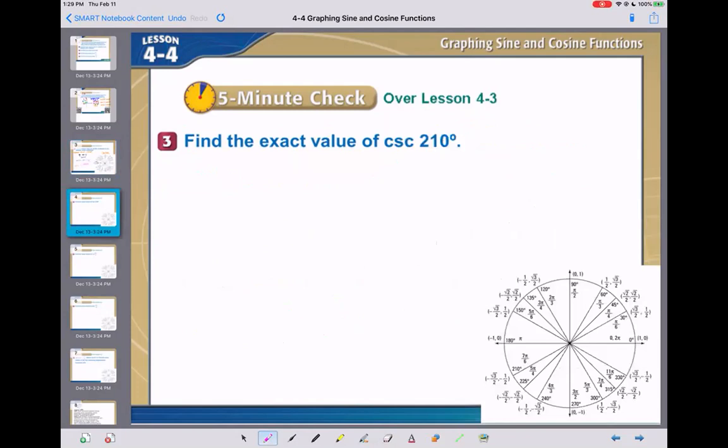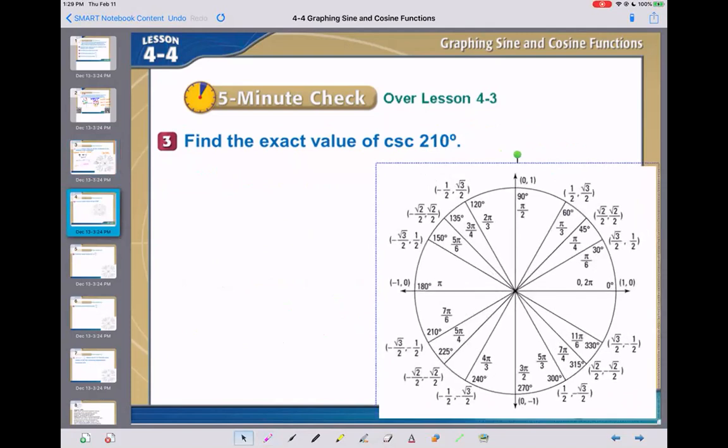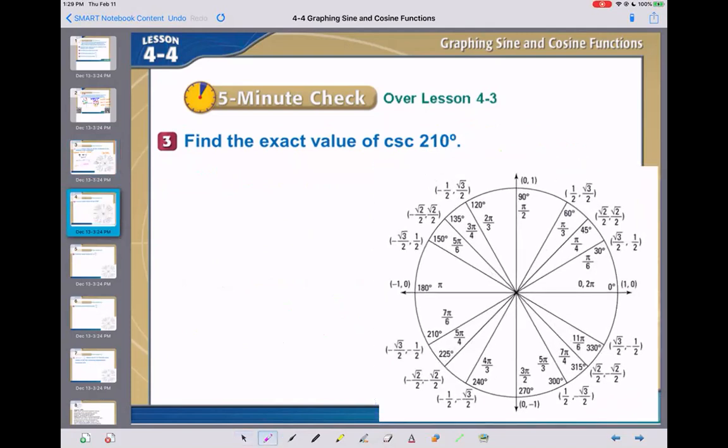Let's take a look at number 3. It says find the value of cosecant 210 degrees. So in a unit circle, what you do is this. You find 210, which is right here. So this value along this gives us our values. Now, when the points are giving us fractions, it's easier, rather than to think of them like the previous problem where I said x comma y, to think of this as x divided by h and y divided by h. It'll be much quicker for solving, especially when you're finding cosecant, because cosecant is h divided by y, which means,